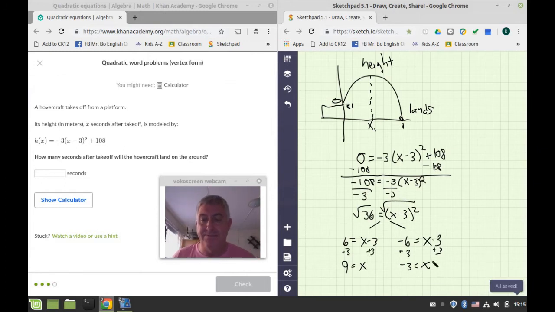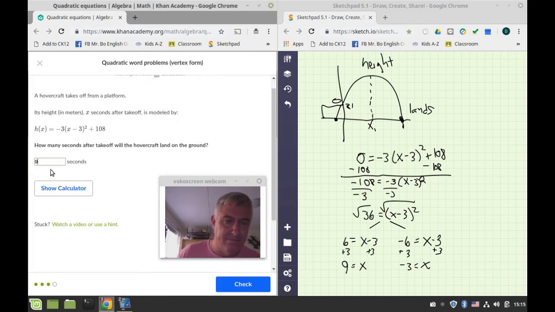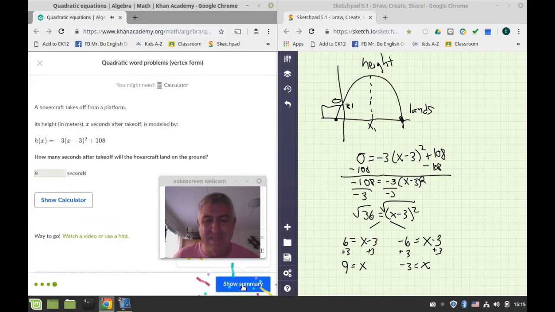So negative 3 is this one back up over here. And that's not the one we want. We want to know when it lands on the ground. So that's the second one over here. And that one is going to be 9. All right, so that's